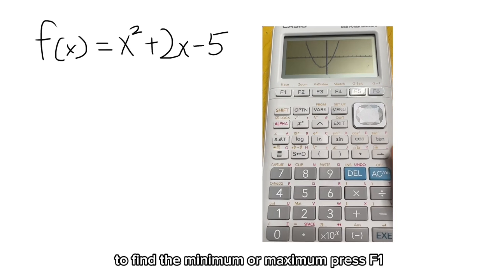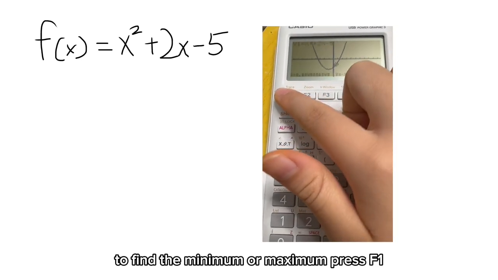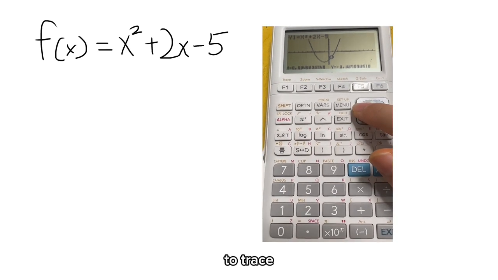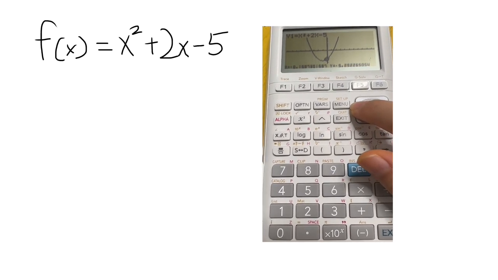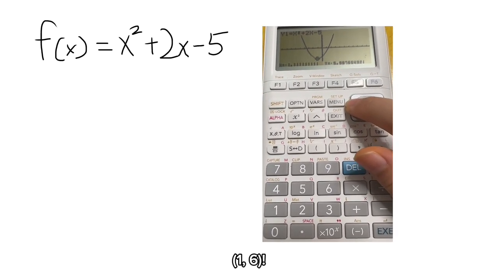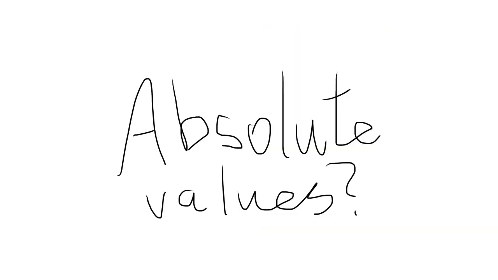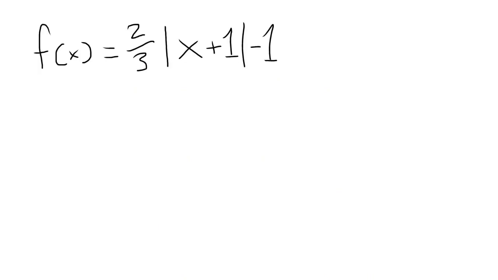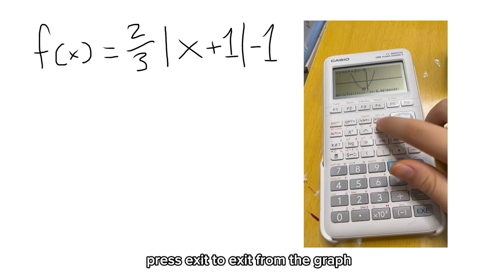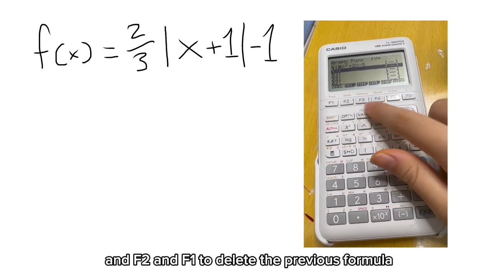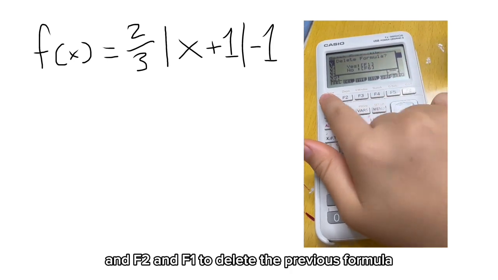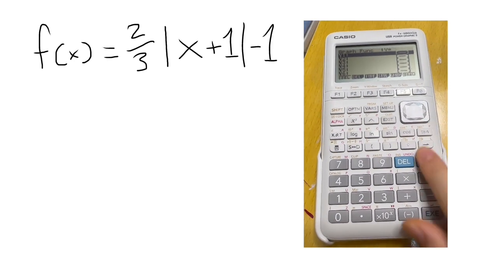To find the minimum or maximum, press F1 to trace. It is (-1, -6). For questions with absolute values like f(x) equals 2 divided by 3 absolute value of (x plus 1) minus 1, press Exit to exit from the graph, and F2 and F1 to delete the previous formula. Enter the